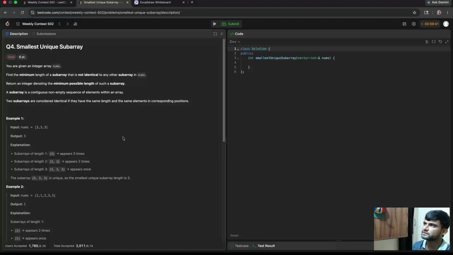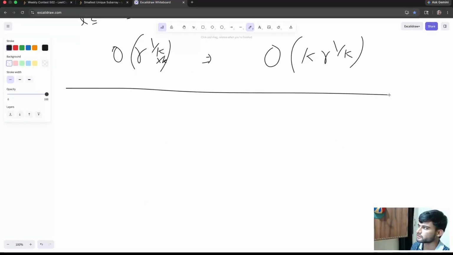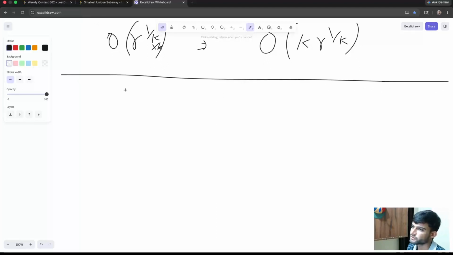Okay, as we need to solve it in n log n time, so let's say we solve this problem using the brute force solution. What we can do is iterate over each subarray, right? Each subarray between the indices L to R. Take this subarray and calculate the hash of this subarray. Okay, let's say the hash is